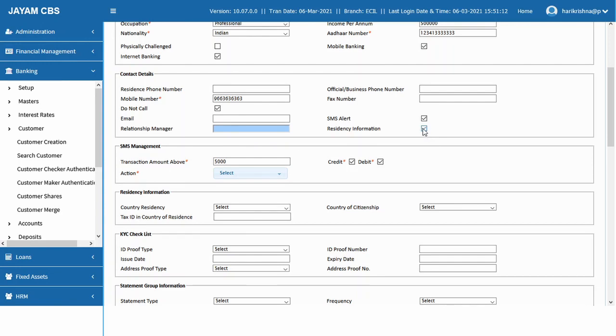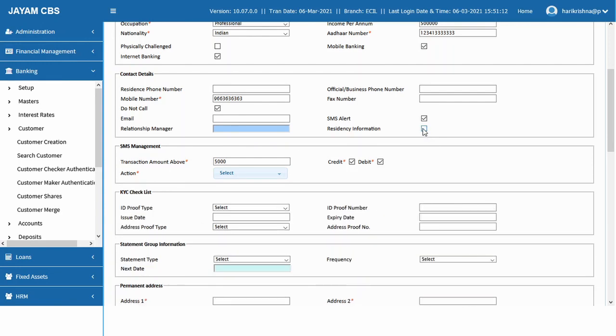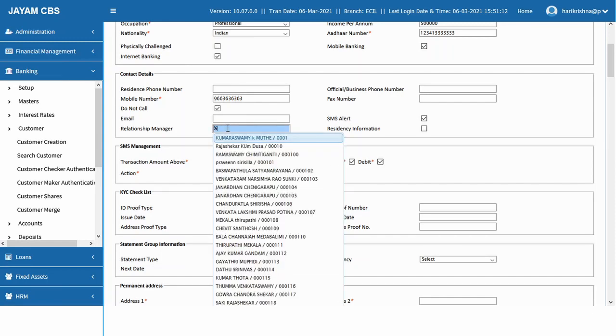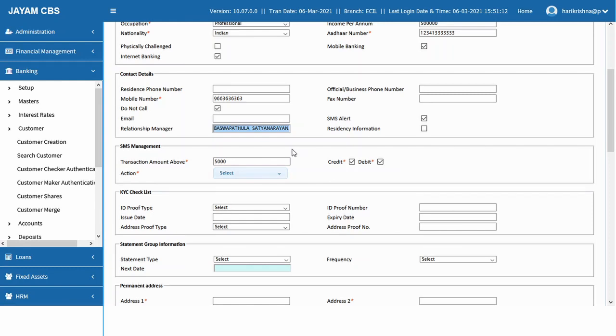If he's a non-resident, you can select this one. The relationship from the bank side, you have to select here.